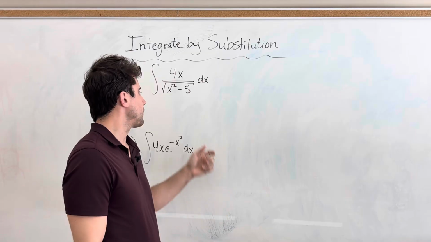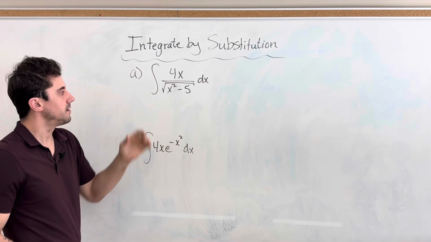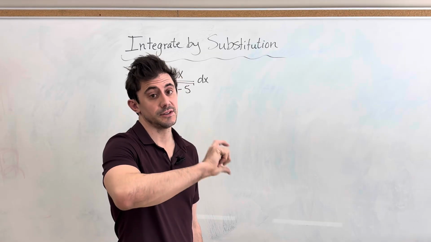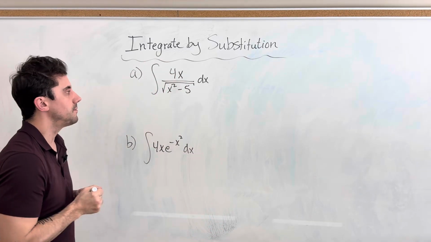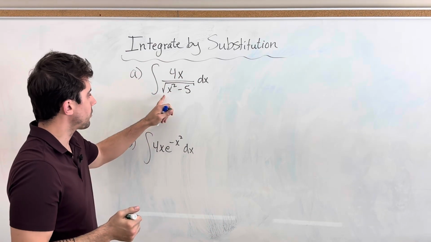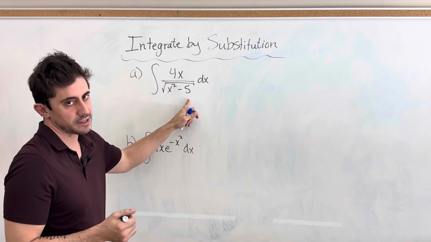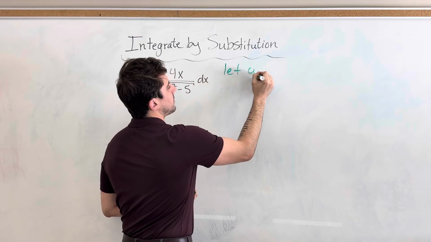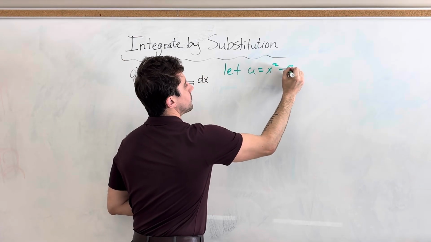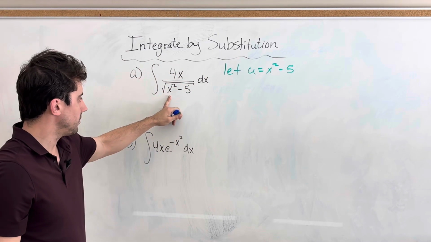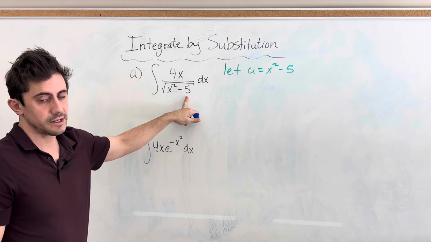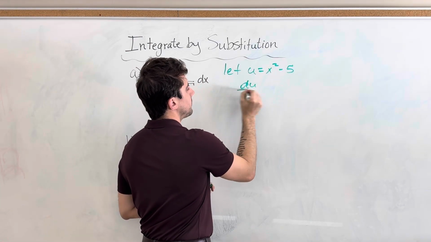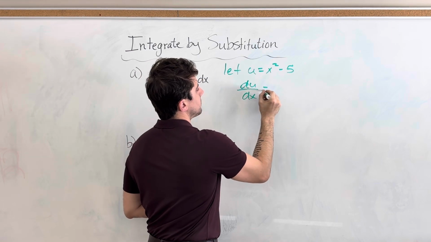Okay. So for the first one, I always encourage my students to look at what U substitution we can make to get a really, really convenient du dx, right? And so if you do enough of these, you'll probably notice that x squared minus 5 would be a really nice choice for our U substitution. So let's let U be x squared minus 5. That means that we'll have the square root of u in the denominator. That's not too terrible to deal with. And conveniently enough, our du dx will be